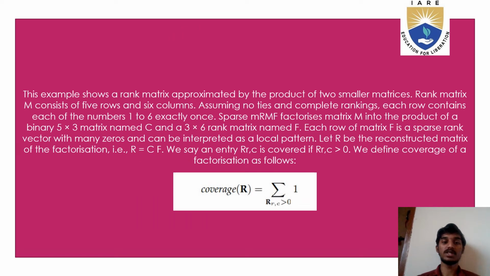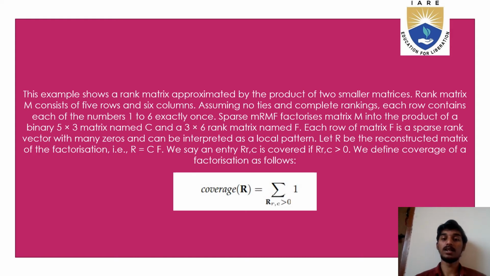This example shows a rank matrix approximated by the product of two smaller matrices. Rank matrix M consists of 5 rows and 6 columns. Assuming no ties and complete ranking, each row contains each of the numbers 1 to 6 exactly once. Sparse MRMF factorizes matrix M into the product of a binary 5 by 3 matrix named C and a 3 by 6 matrix named F. Each row of matrix F is a sparse vector with many zeros